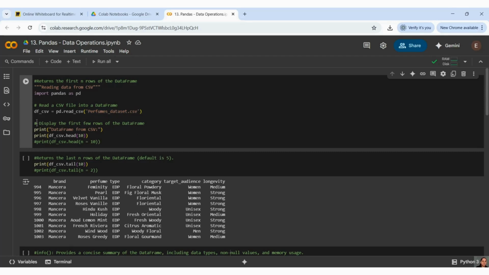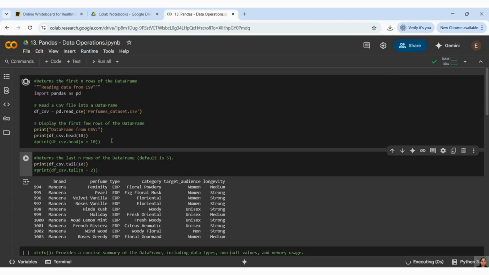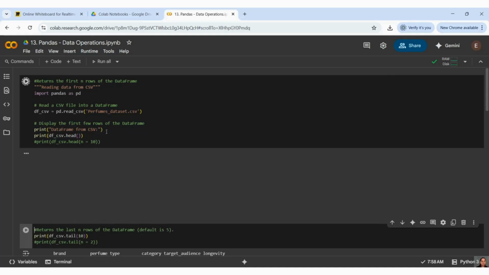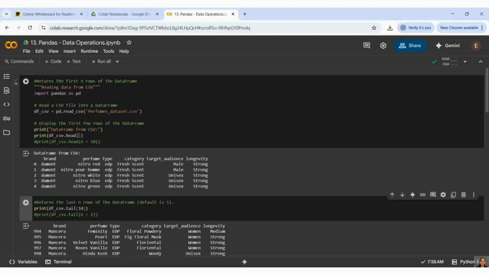Now let us see how we can get the data. I have told you how to get it, right? We can get it with dot head. Now if you see here, when we are not giving anything and simply using dot head, it is showing me only the top 5 rows of that particular data set.